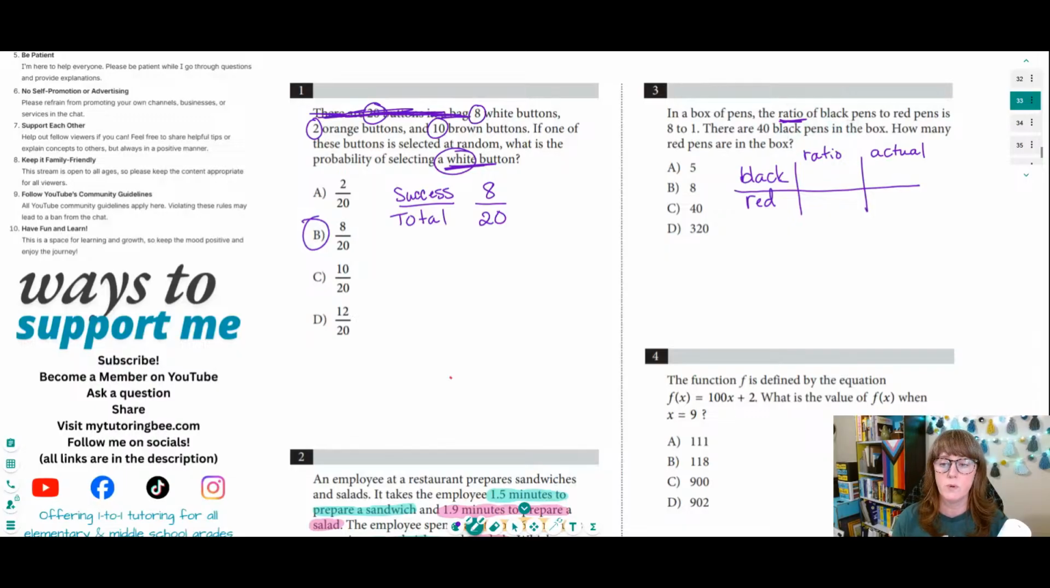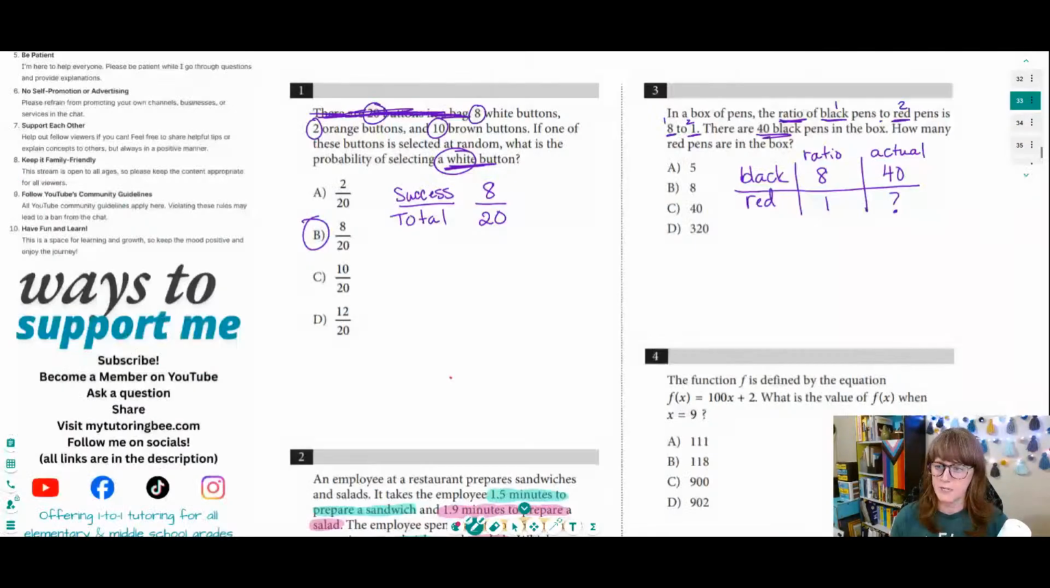And also with ratio, the order here matters. Because they said black to red, then that means that 8 goes with the black pens and the 1 goes with the red pens, okay? So because black is first and red is second, 8 is first and 1 is second. So that's how I know that that's what numbers go with each color of pen. And now they're telling us there are 40 black pens. Okay, so now we have an actual number of black pens, but we don't know this one. So because we've set up this table,